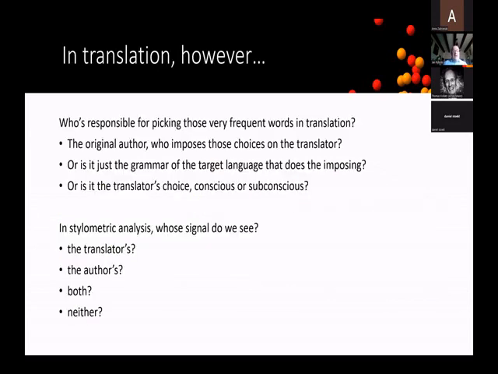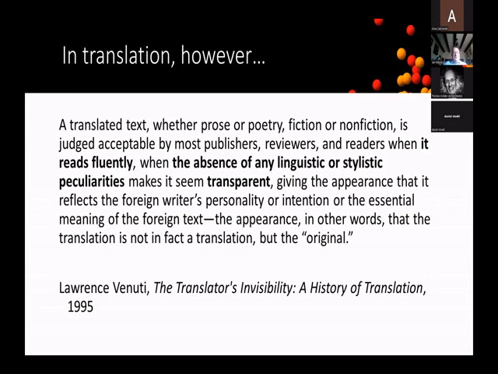Now, in translation, however, things get a little more complicated, because all the possible problems are listed here. What is it that we're going to see in terms of the usage of the most frequent words? Because of course we have to, first of all, remember the discussion on the translator's invisibility started by Lawrence Venuti himself,